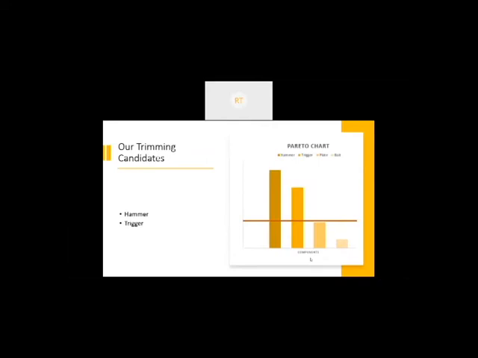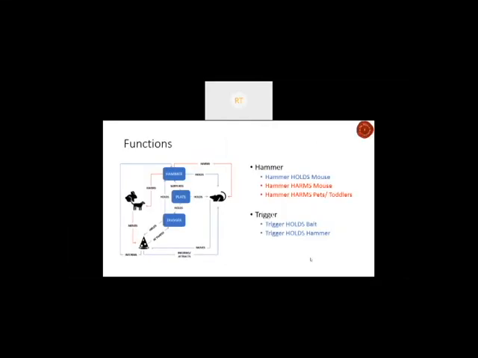These are the functions that are being carried out by the hammer and the trigger respectively. Hammer has one useful function and two harmful functions. Trigger has two useful functions. Now, but see, trigger is doing two functions, one on the hammer and one on the bait. If we get rid of the hammer itself, trigger ka one function is already gone. And the second function of trigger is pretty trivial, can be done by some other component as well. So if hammer goes, trigger itself goes, all by itself. So we'll be trimming two components.